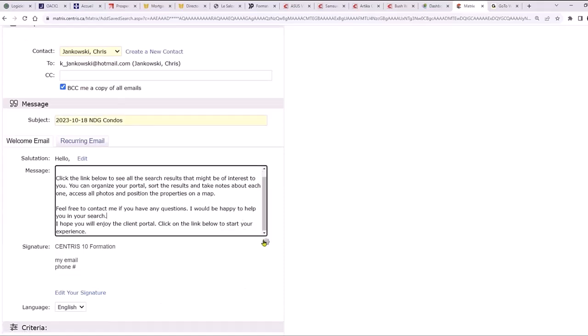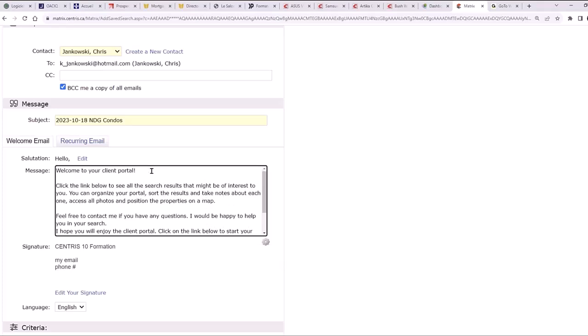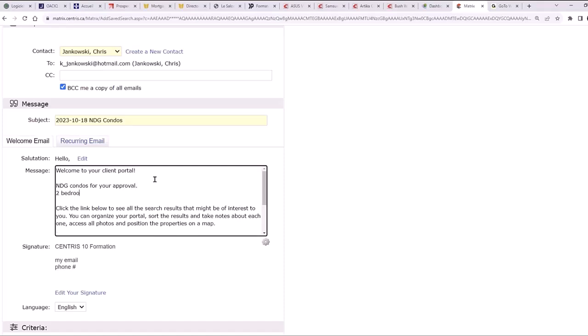And let's say if I want to make some changes here, you can write, NDG condos for your approval, 2 bedrooms and larger with a garage, 800K or under.